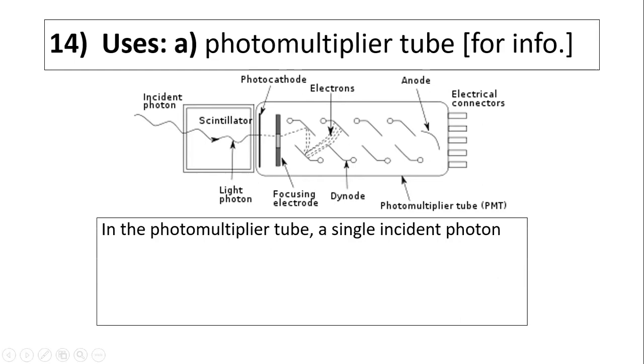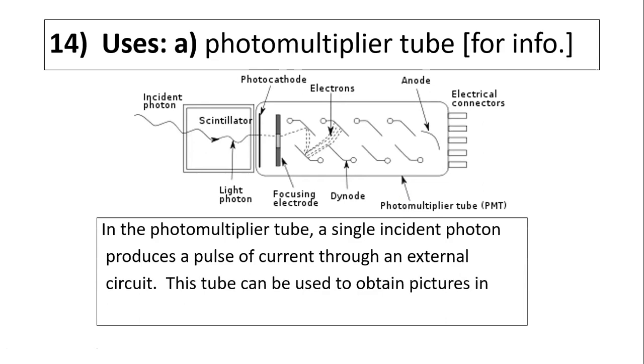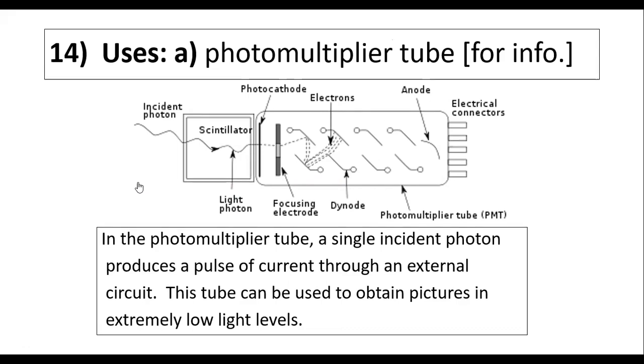This is for your knowledge, you don't need to know it. A single incident photon produces a pulse of current through an external circuit. This tube can be used to obtain a picture in extremely low light level. Okay, so that's the use. The other uses you will see in